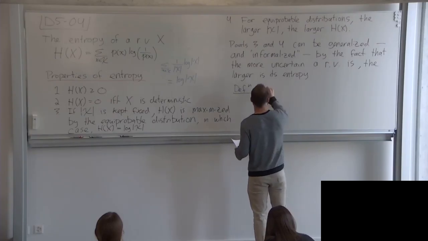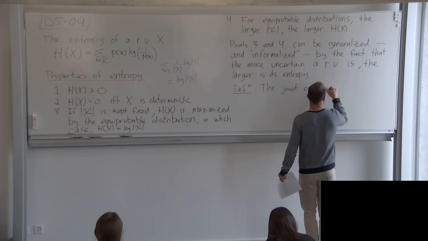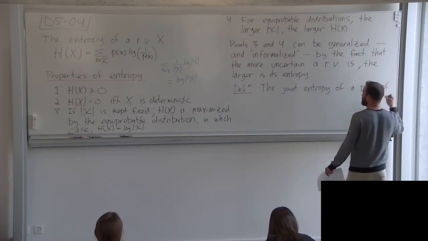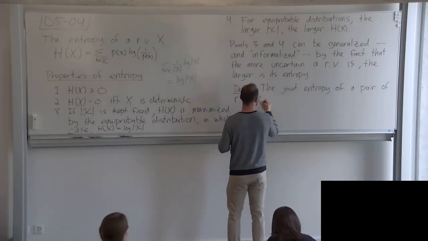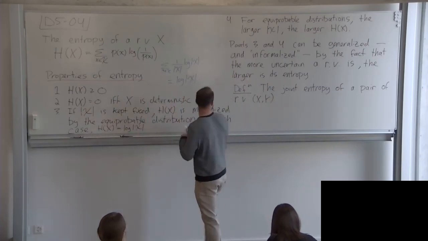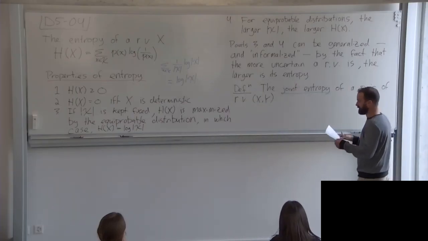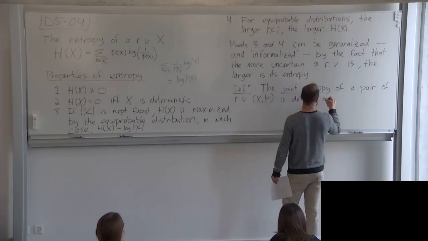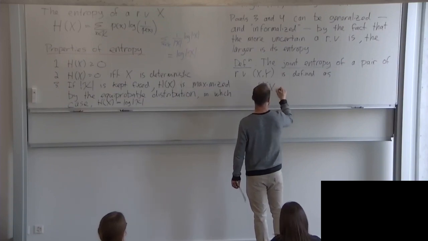The joint entropy of a pair of random variables X and Y is defined as, we just write it, H of X comma Y,